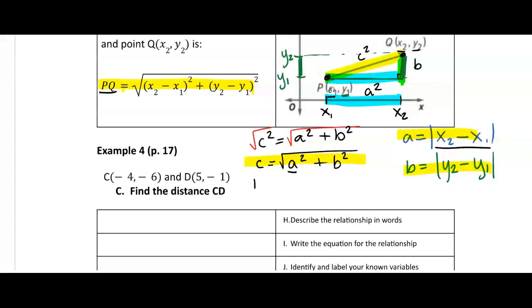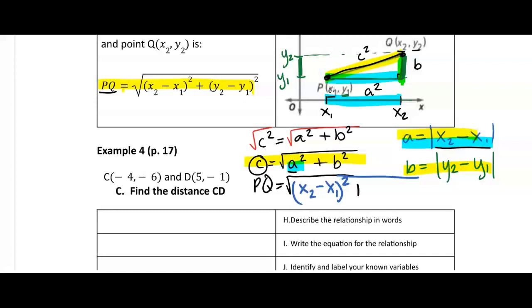This is now PQ, so I substituted PQ for c right here. PQ equals the square root of, and we'll do this one, A is x sub 2 minus x sub 1, that just means our second x-coordinate minus our first x-coordinate squared, because it's a squared,